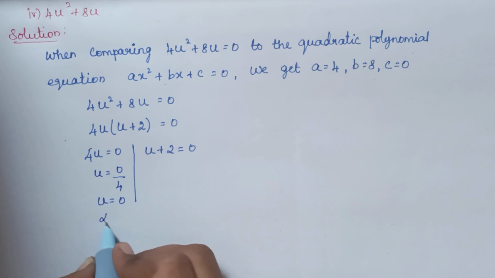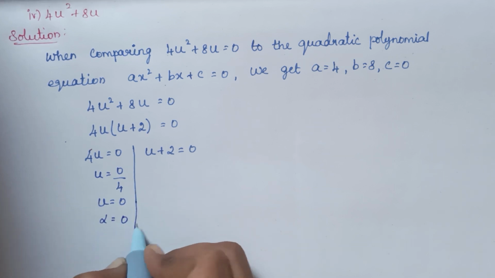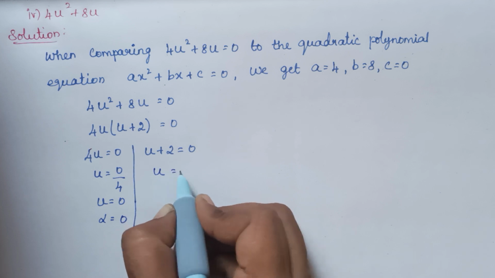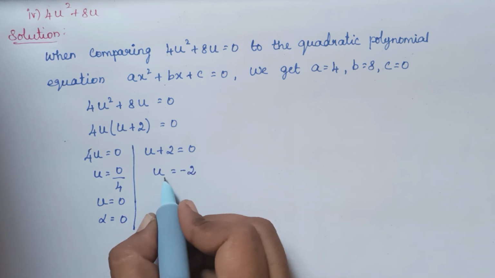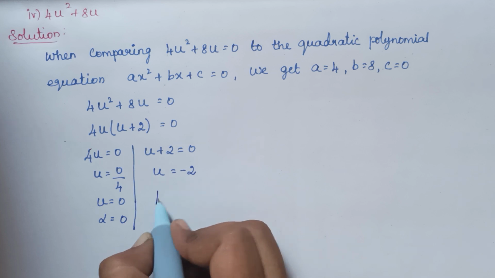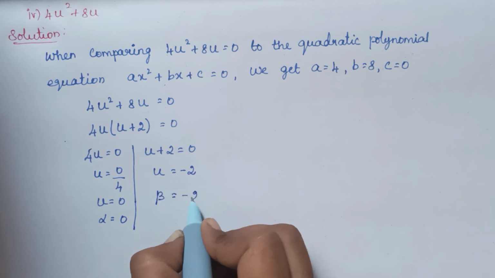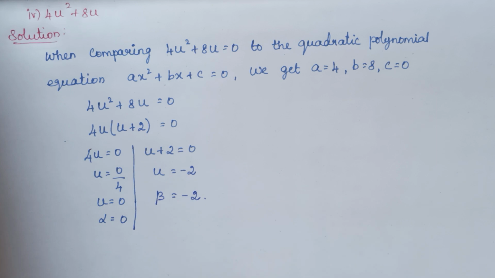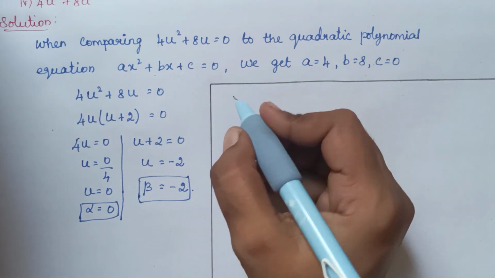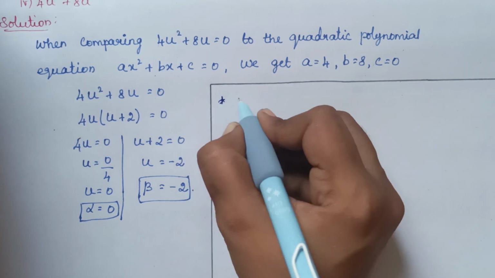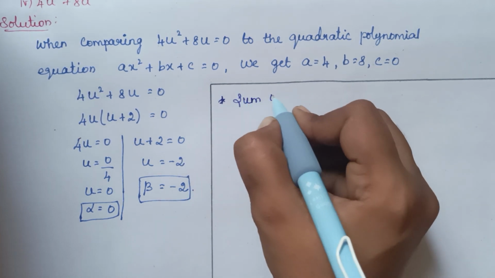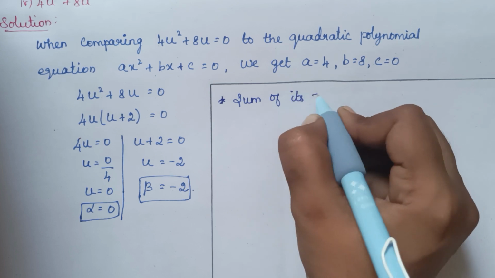Now alpha is equal to 0. Now here right side u is equal to plus 2, this side comes as minus 2. So that is u is equal to minus 2. So that's it, then beta is equal to minus 2. Okay. Now we are going to verify this alpha and beta values. Okay, first sum of its zeros,